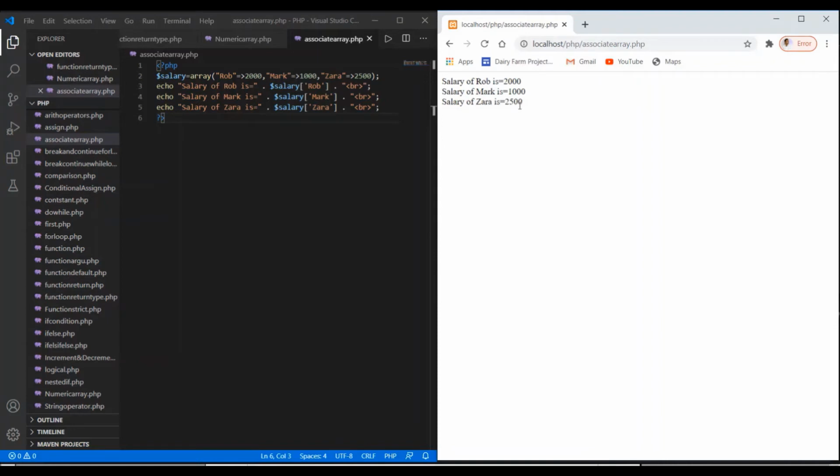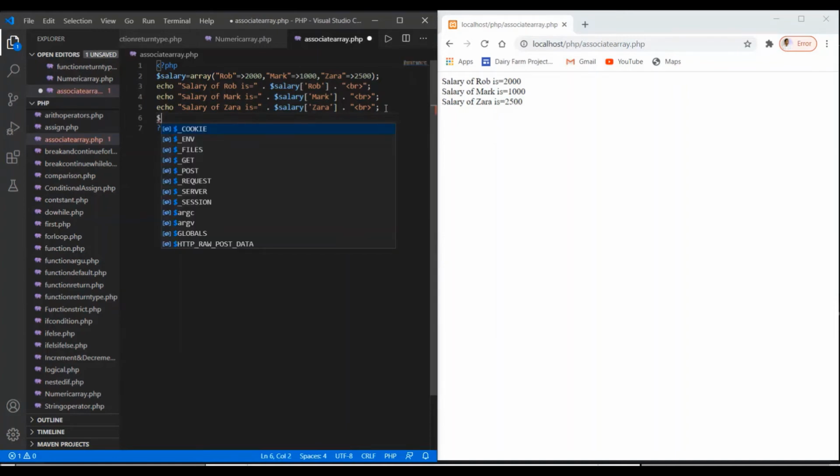So I'm going to use another way of creating an array and using it. What I'm doing is using array salary, and here I'm using the first element, say Rob, and to this I want to associate a value, say 2000, so I'm saying it as medium, then a semicolon to terminate this.